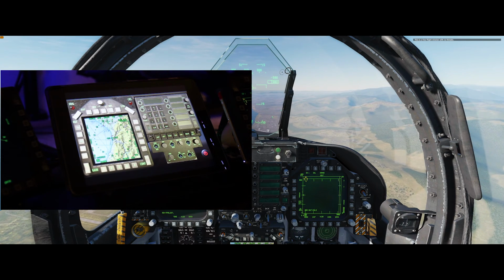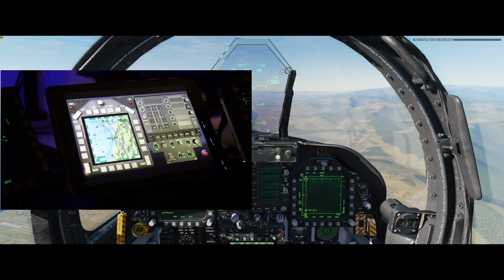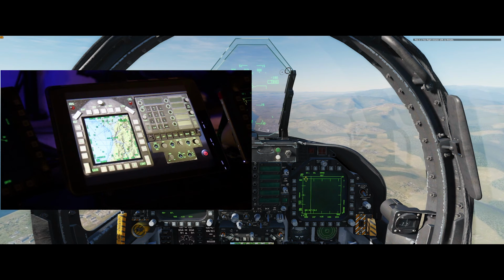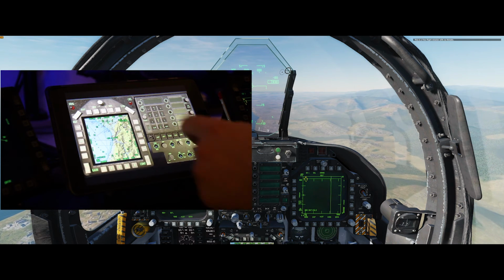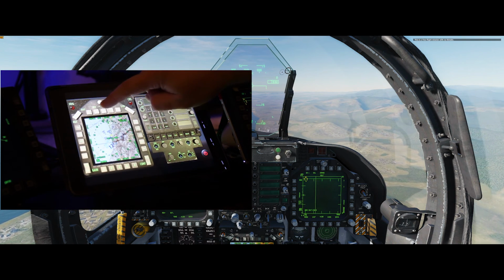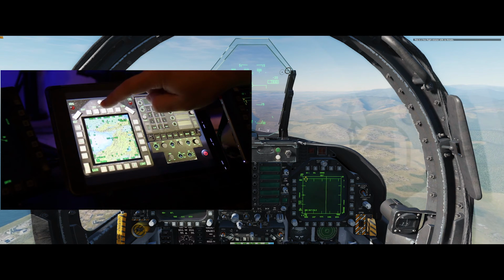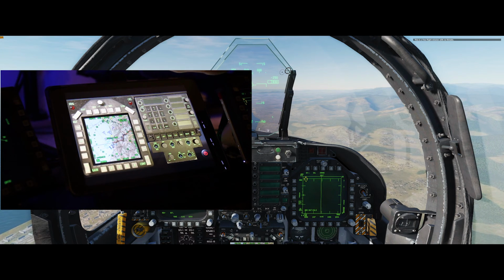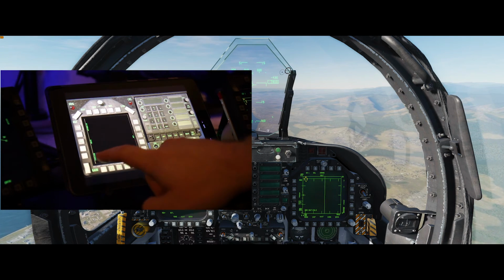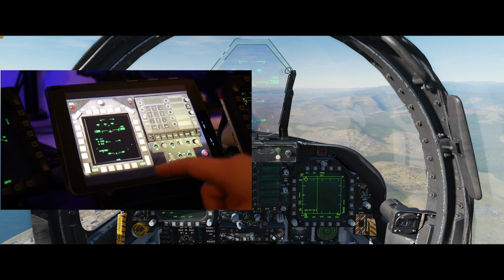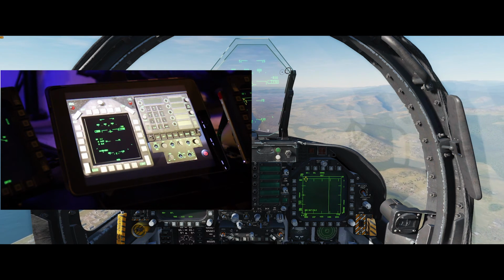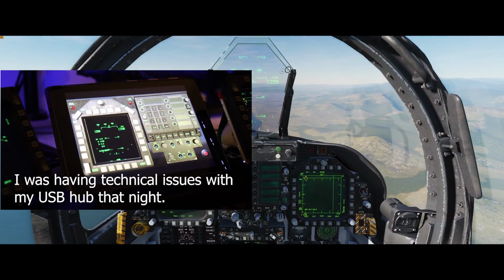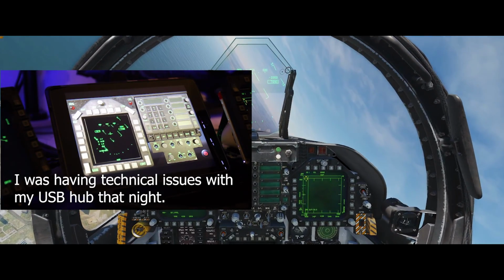Okay, so we're loaded in here. Hopefully you can still hear me just fine. So as you can see, the AMPCD is loaded up, and it has touch functionality. And you can pick various things, your stores, your HUD. Okay, so I don't even have keyboard control. Oh, that's right. My joystick is plugged in. So you can see